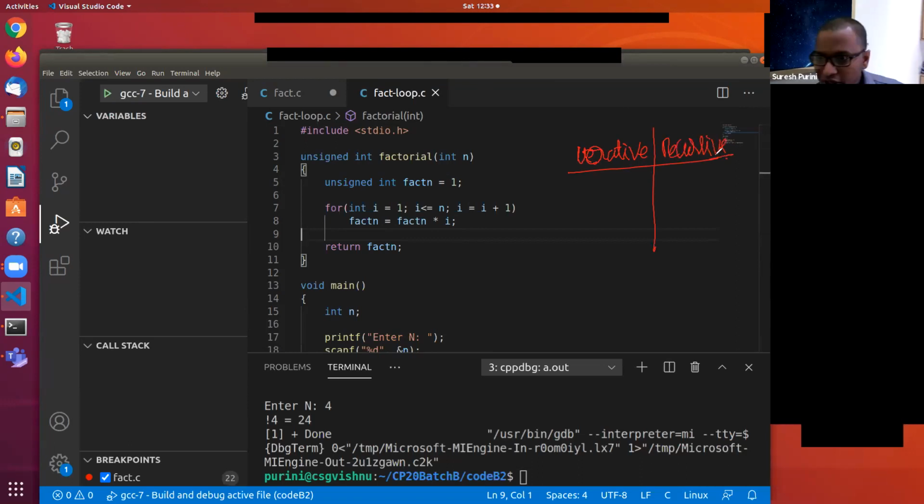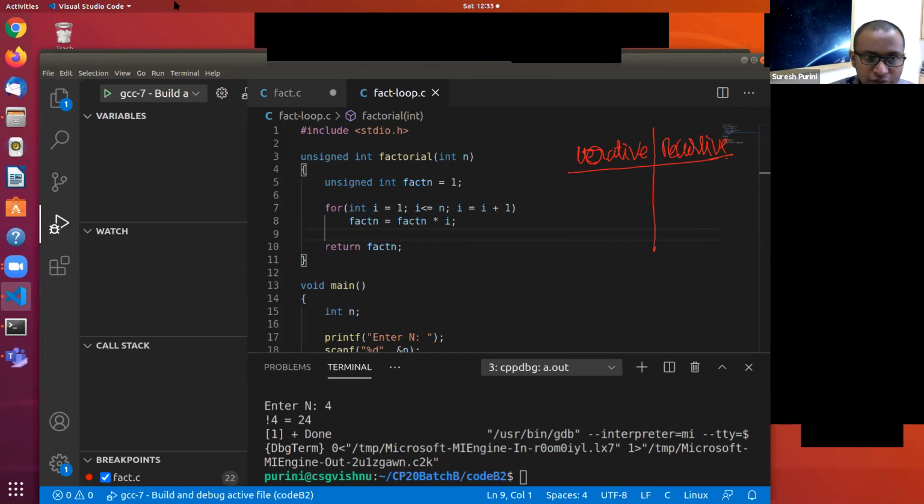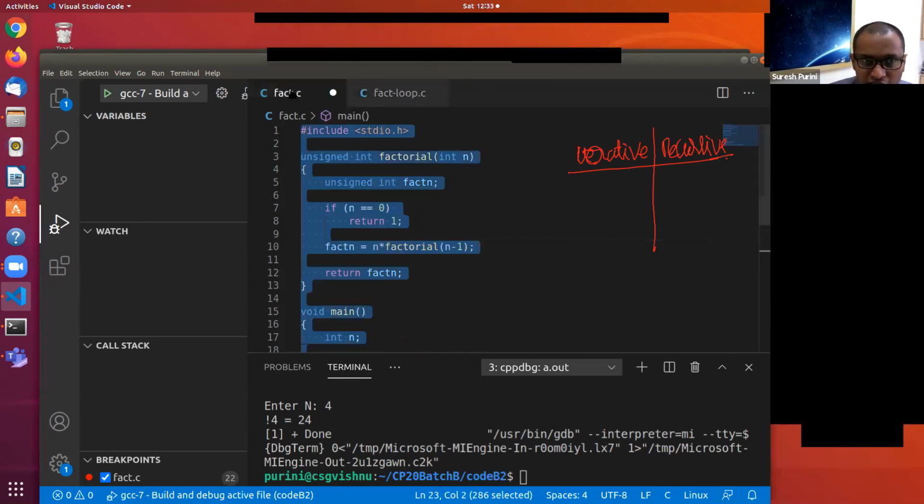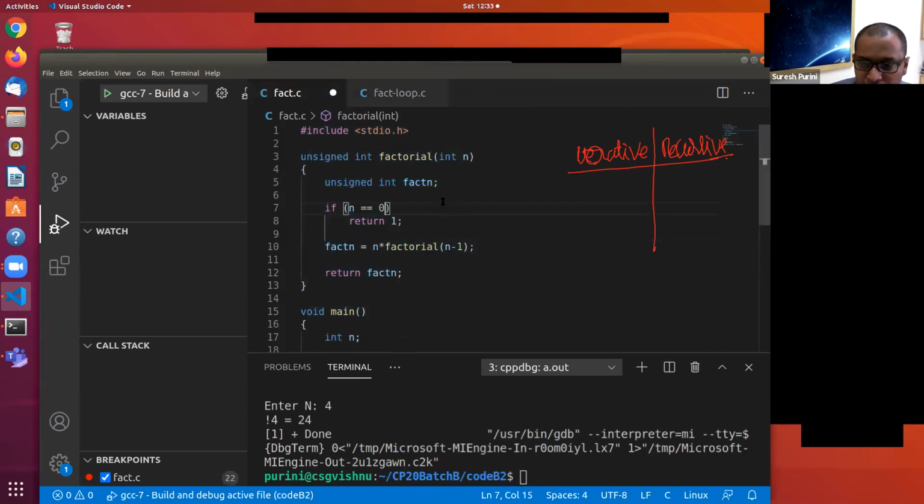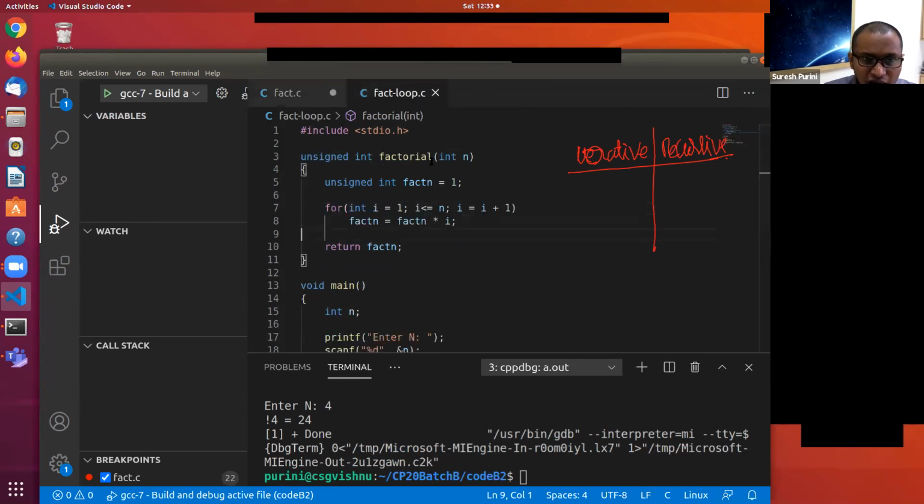So these are two different, this is a different file I did this in. It's factloop.c and this is fact.c. In fact, here we are using recursion and here we are using an iterative version. So if you look at the operation complexity, or let's say approximately the time complexity, how many number of